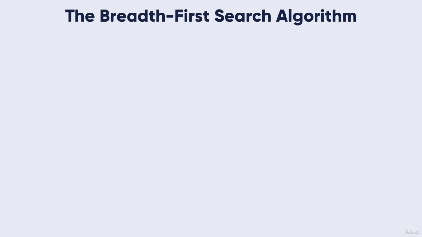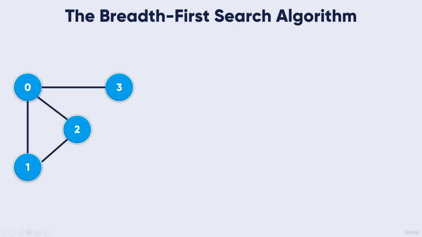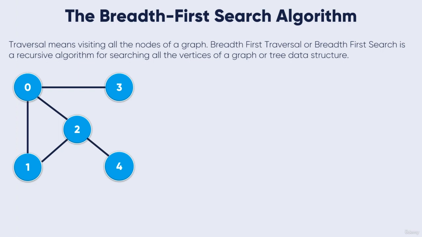Now let's learn about the breadth first search algorithm. Consider the graph of 5 vertices here: 0, 1, 2, 3, and 4. So we have the 5 vertices here. The traversal means visiting all nodes of a graph. Breadth first traversal or breadth first search is a recursive algorithm for searching all the vertices of a graph or